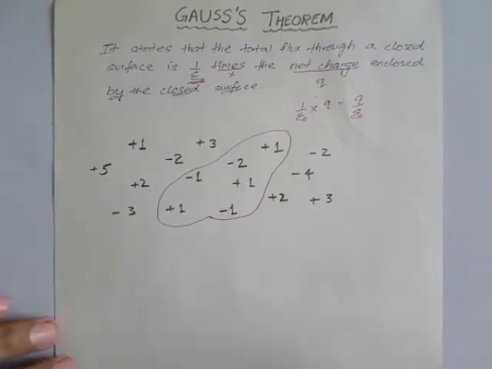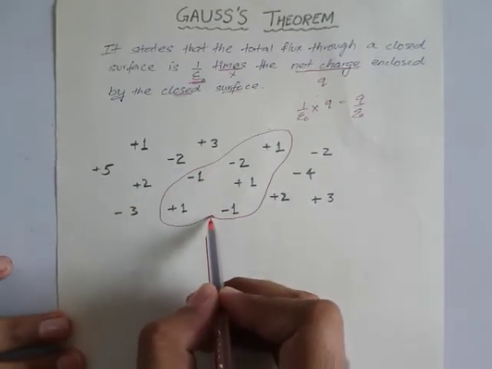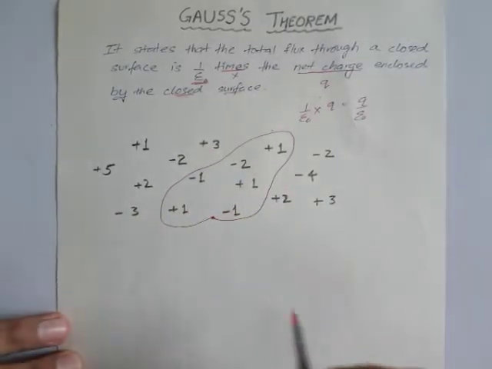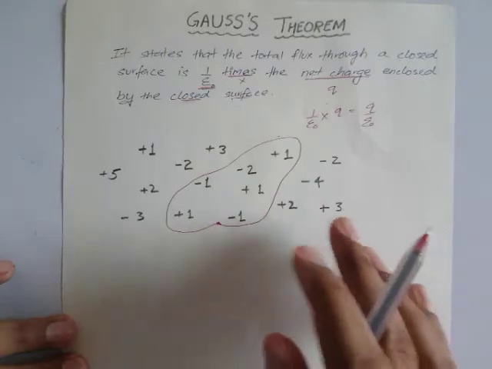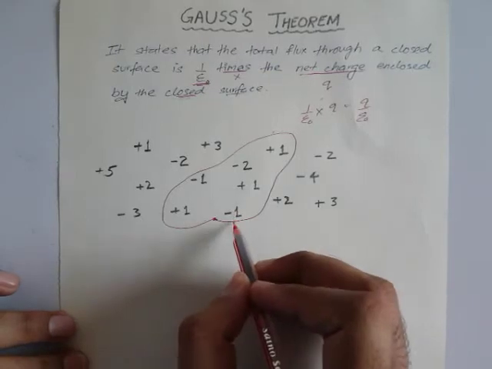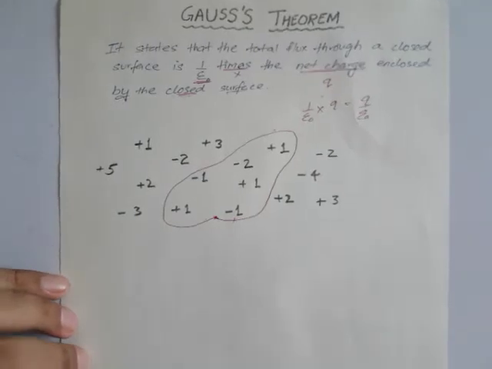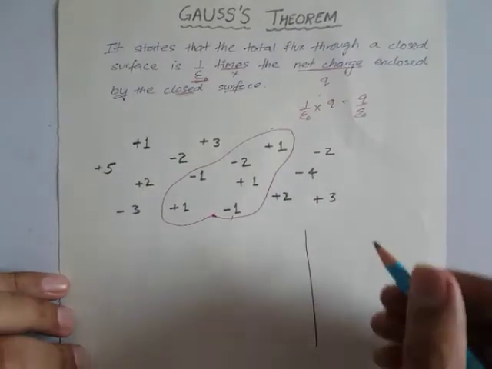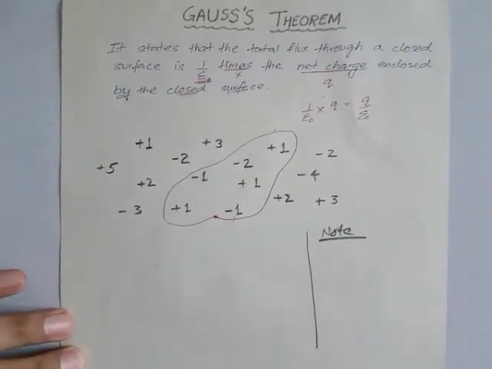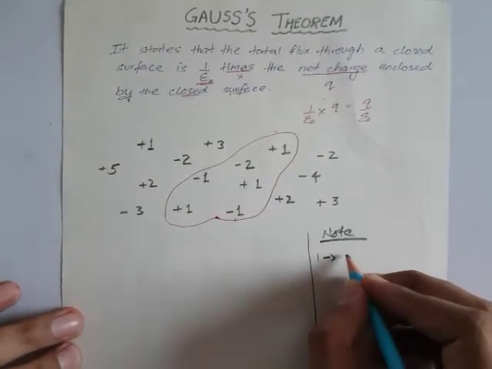Now, as per this, the total flux through this closed surface means it starts from a point and ends at that same point, then it is known as a closed surface. So the flux is passing through by all the charges, but we need to consider the charges inside the closed surface. We need to follow some rules, so we write here a note. First, it will be applicable for a closed surface only.